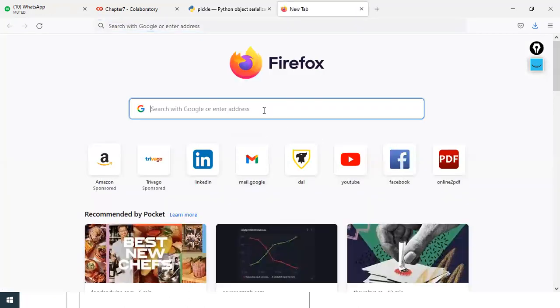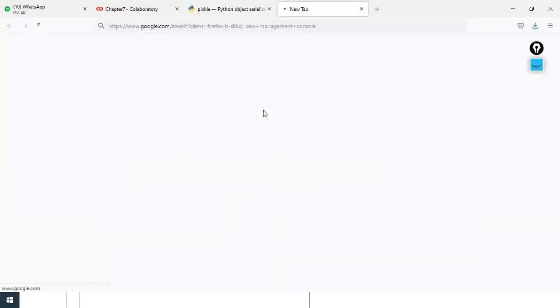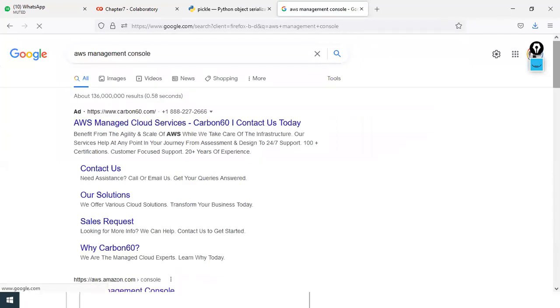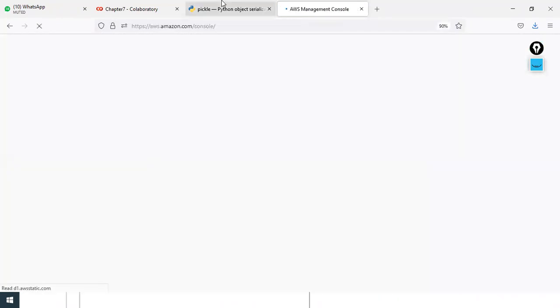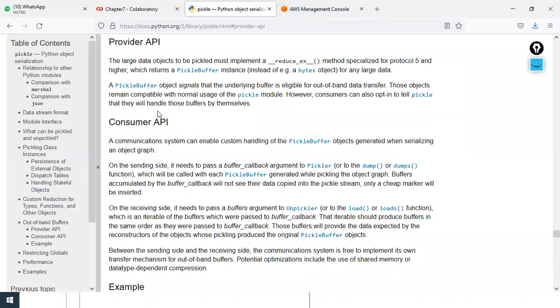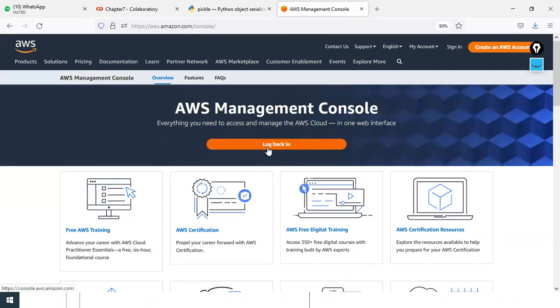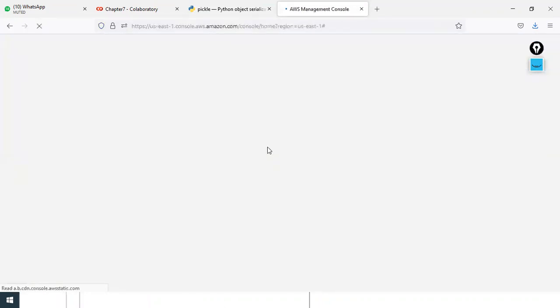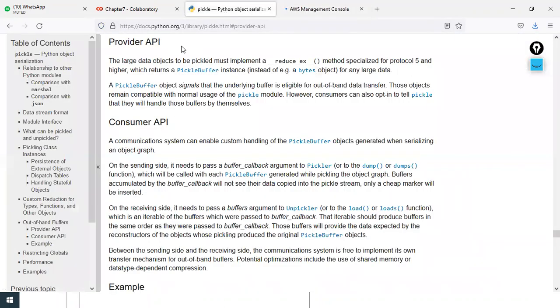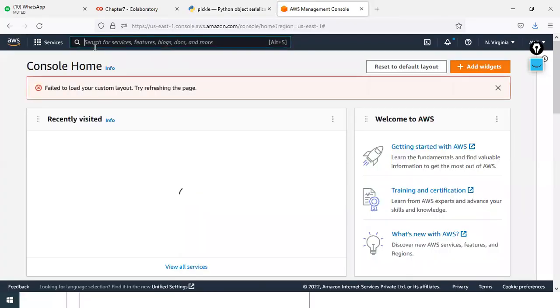Correct. So Python and AWS are part of each other. Whenever I say API, it stands for application programming interface. So if I want to use the API, the same library we are using over here, we use in the cloud as well.